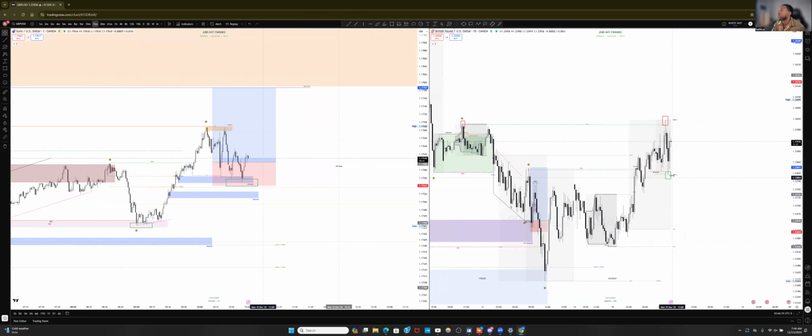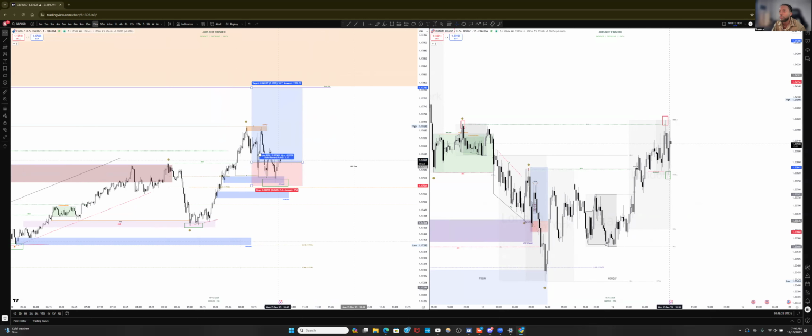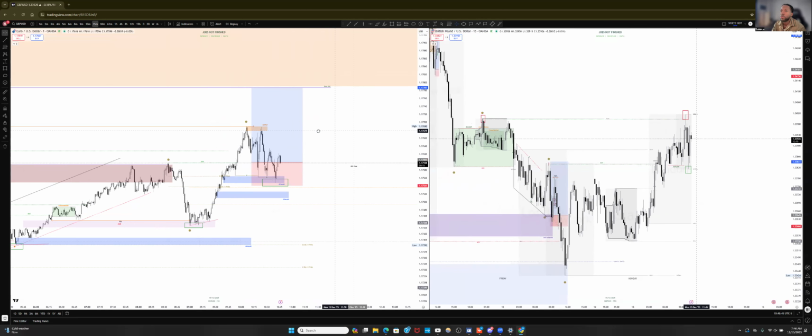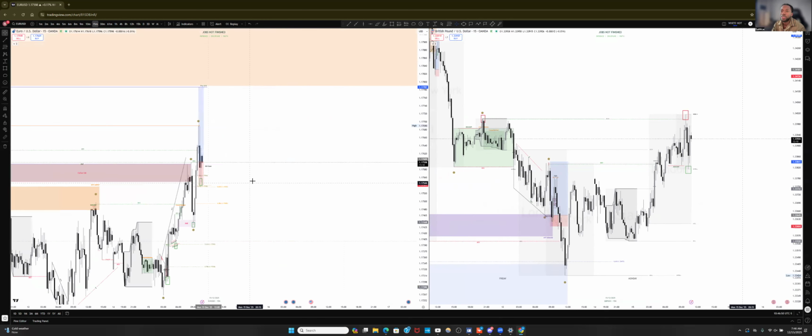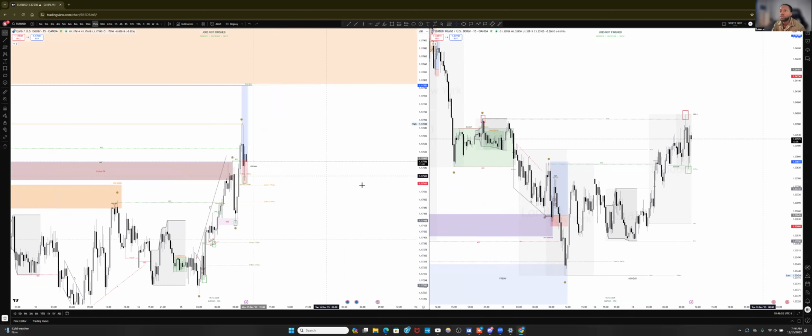So if this inducement can push price above to show that buyers are still in control, then yeah, GU could potentially invalidate this. But right now we're in between these two, this inducement and this inducement. So we don't know who's in clear control for GU yet. That's why you see EU is in this limbo within our zone, you know? So I'm not too, what's the word? I'm not too certain with the EU trade yet.